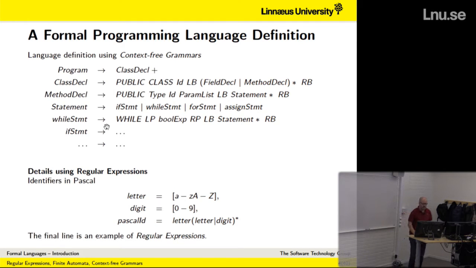And also, they have another part describing details. What do we mean by an identifier? What do we mean by an integer? What do we mean by a double or things like this? And then they are using regular expressions. A letter is something that looks like this, a digit like this, and then in the Pascal language, an identifier was described as: it must start with a letter and then any combination of letters and digits like this. So there are 2 parts in a language definition in a programming language. This is the syntactical structure, and this is the smaller parts that are the building blocks used up in this one. So we're going to talk about this type of language definitions, but before we start,